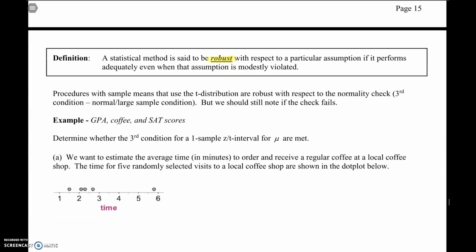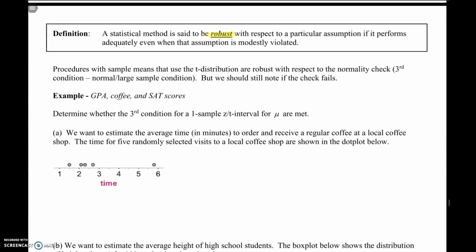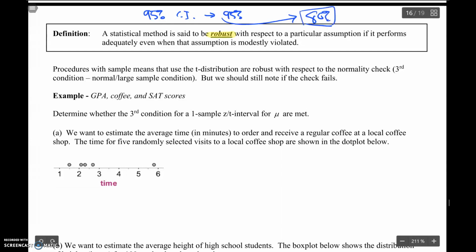What do we mean by pretty effective? Well, if it's effective, our 95% confidence interval is capturing 95% of the time. That would be effective. If it wasn't being effective, then it's going to maybe capture 80%, or it's not going to be right. It's going to capture less probably. So these T procedures